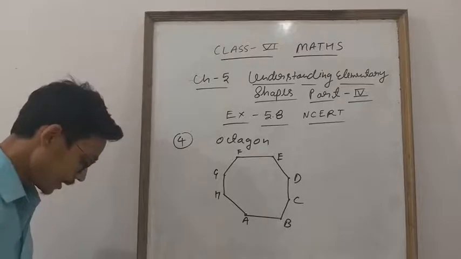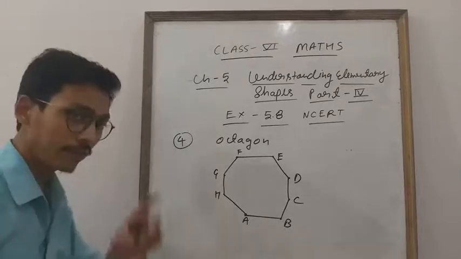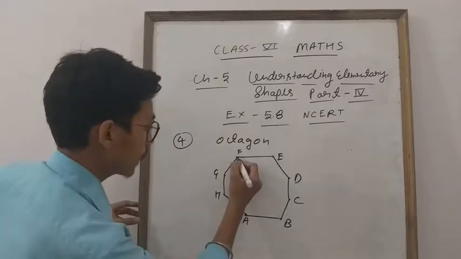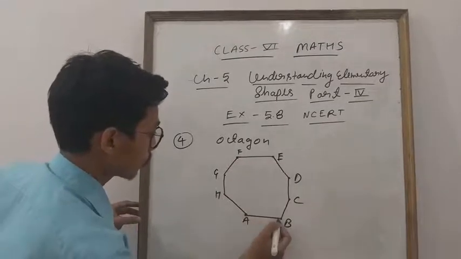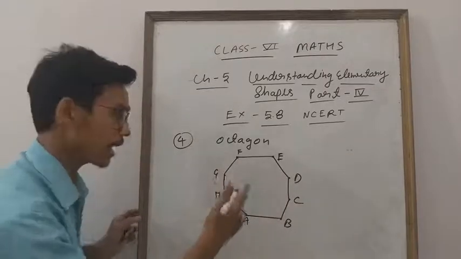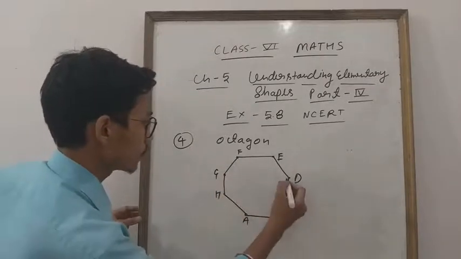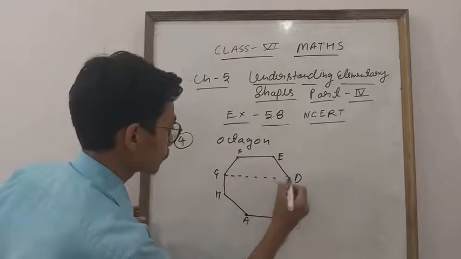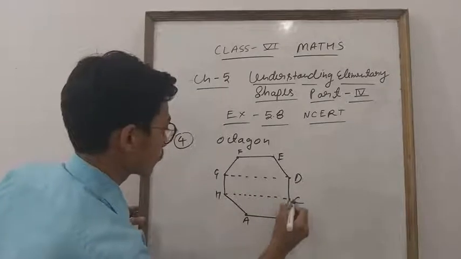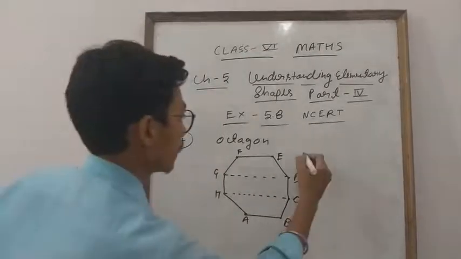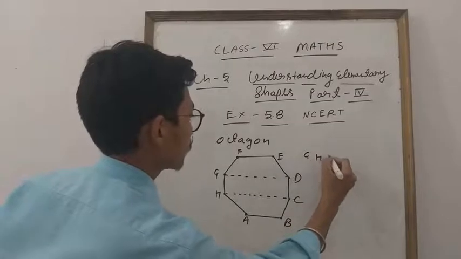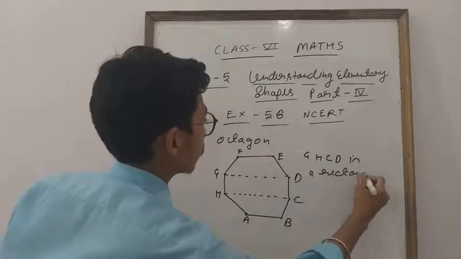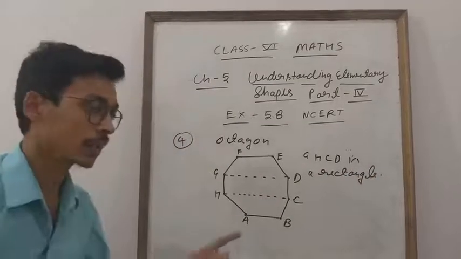What is given is: draw a rectangle by joining exactly 4 vertices. So you have to draw a rectangle joining 4 vertices. So how will you draw, student? Look, you can take these 4, 1 2 3 4. So you can draw like that, meaning vertical, and you can also take G H D C. Okay, so here I am going to take this one, G D H C. Look, this is very simple. So you will write down GHCD is a rectangle. Okay, everyone. Look, everything is given in the question. The information is given in the question.